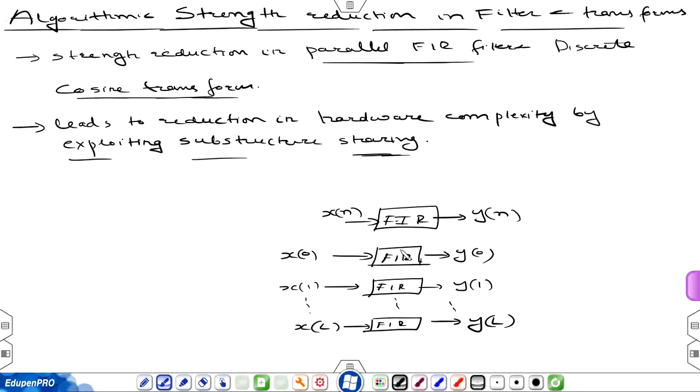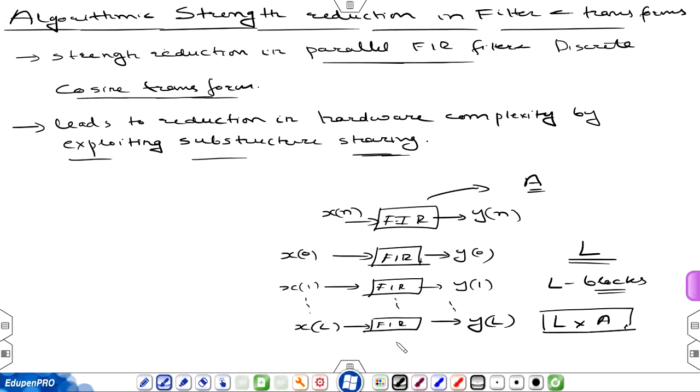So to increase the sampling rate by L, we need L number of blocks, and if the area of this block is A, the area of this parallel structure will be L times A. In other words, the circuit area increases linearly with the block size. In many design situations, the hardware overhead incurred by the parallel processing cannot be tolerated due to the limitation in the designed area. Therefore, it is advantageous to realize parallel filter structures that consume less area than the traditional parallel FIR filter structures, and that can be done by